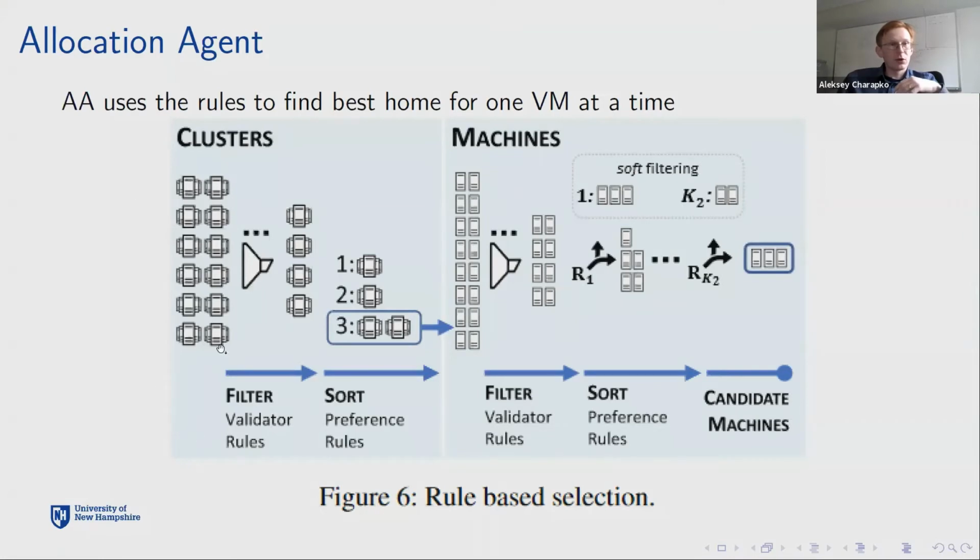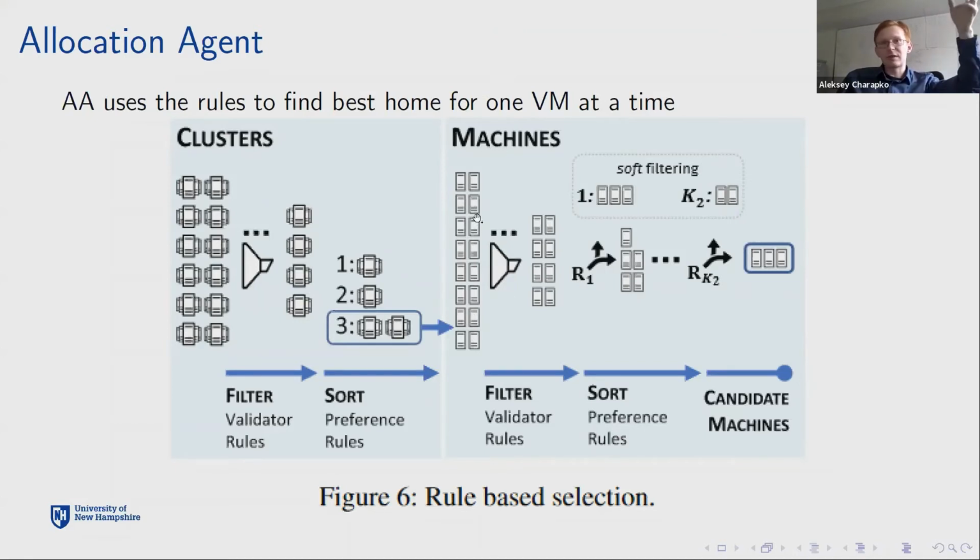You start with all the clusters, you apply the cluster validator rules, you filter out all the clusters that cannot support your particular virtual machine. You have the list of able clusters, then you rank them, and then you maybe pick the highest ranked set of clusters, and you look at their machines,